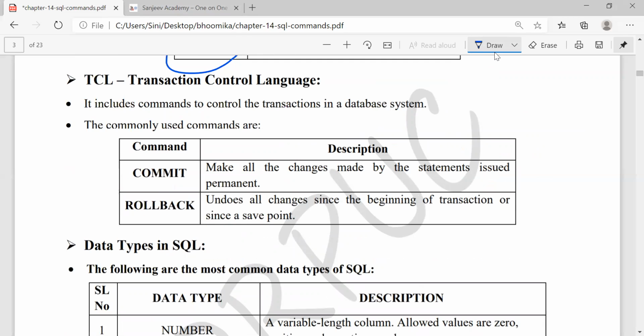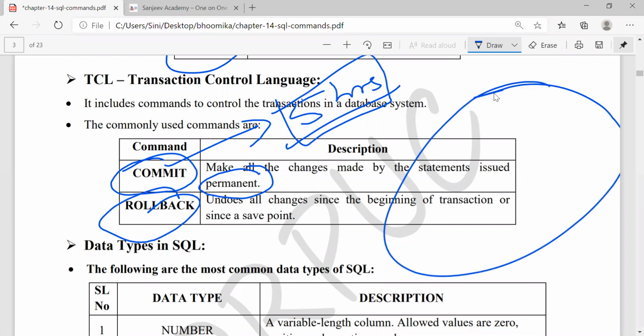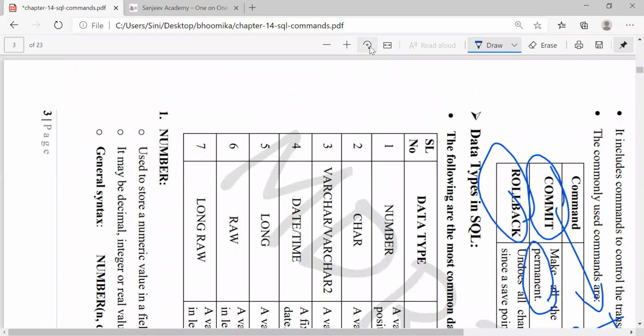Commit and rollback. Commit: suppose I say I will get good marks in the coming examination, and for that I'll study 5 hours per day. I am committing myself to study 5 hours per day. So it is permanent. Rollback: currently I am drawing this circle. Can I remove this?